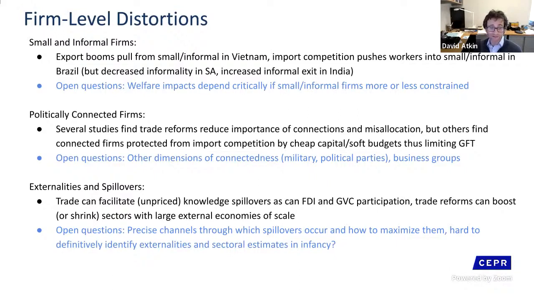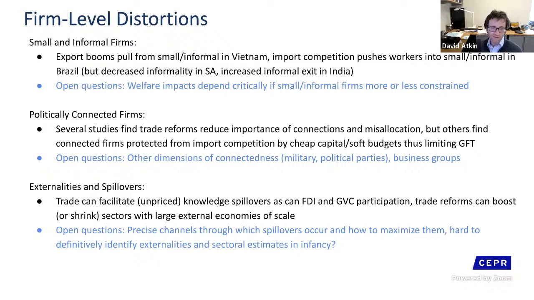Several studies find that trade reforms reduce the importance of these previous connections. Maybe previously it was vital that I have these political connections in order to get access to particular inputs. That's no longer necessary. Now I can buy them from abroad, or in order to get access to parts of the quotas to export to foreign countries, and now I can export directly when there are